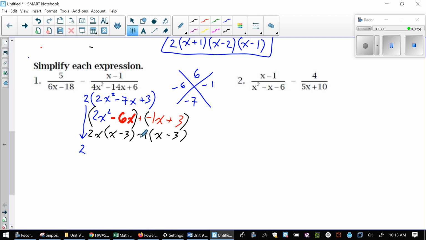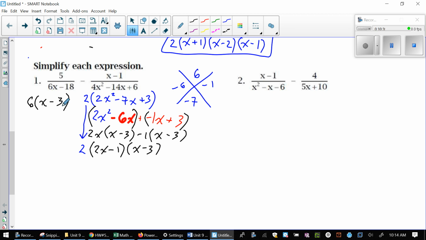What I have on the outside is 2x minus 1. There's my first binomial. X minus 3 on the inside is my second binomial. And there's my factored denominator for my second expression there. So yeah, a little bit of work there. But you guys are going to see, again, once I get this factored, watch how easy it is to find our least common denominator. So here, 6x minus 18, I can pull out a 6, and I get x minus